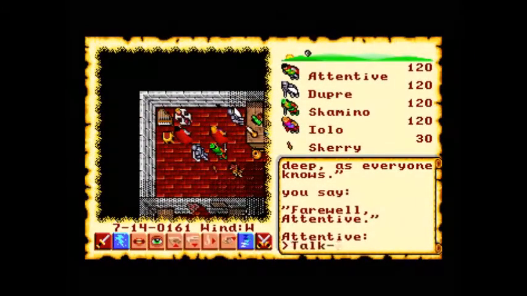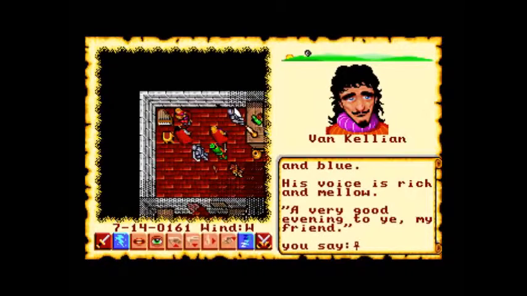Now, Van Kellion seemed to know a little bit about this. Let's ask him about this. A very good evening to you, my friend. Tell us about...